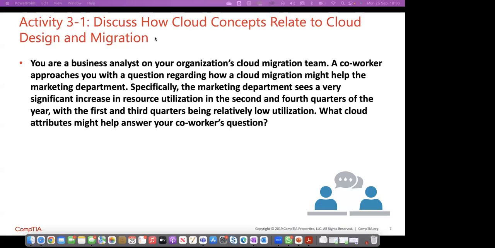Let's assume this is like a retail store. Oh yeah, it says marketing department. So these are the times where you've got sales, and there's an increase in people actually going on the site to buy things. And while in the first and third quarters things are relatively slow, so I think